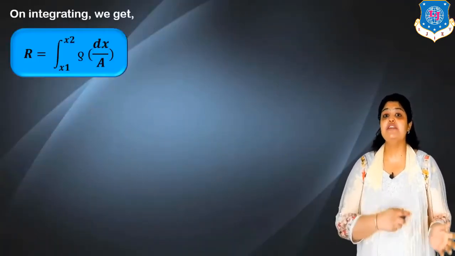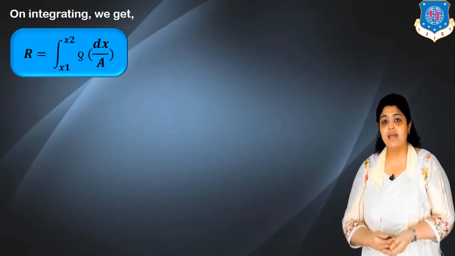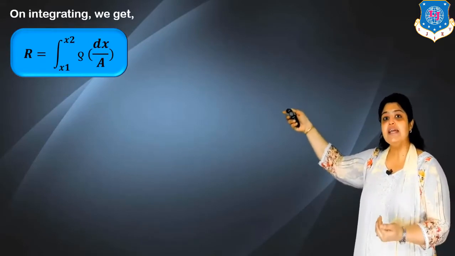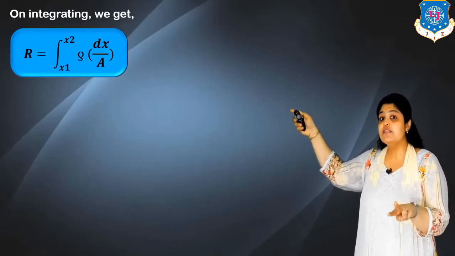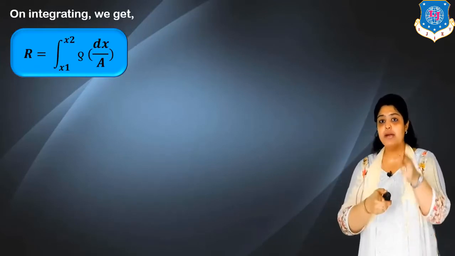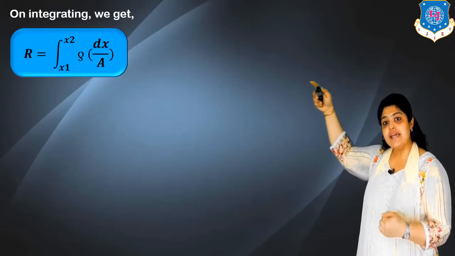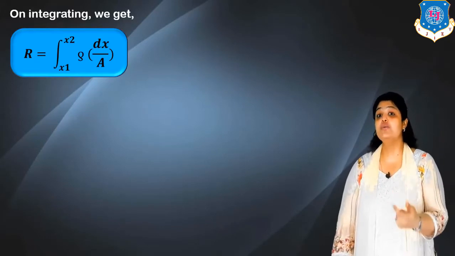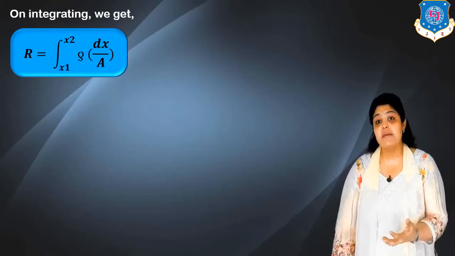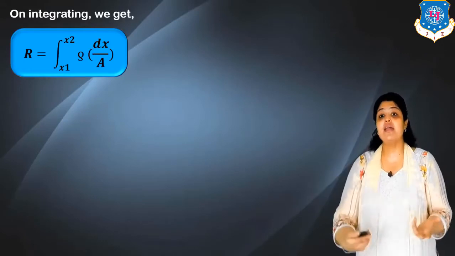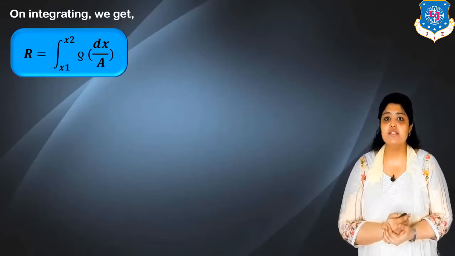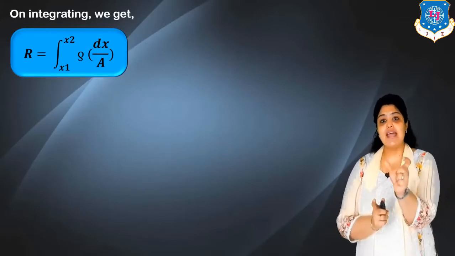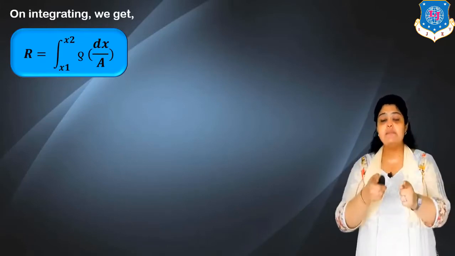So we had defined differential resistance dR as rho dx by A. Now if I want to find out R from dR, I will have to integrate. So on integrating, we have R equals, the limits were x1 to x2 because they denote the probe number 2 and 3. So R equals integration x1 to x2 rho dx by A. In this equation, we have A, which denotes area. What is the area of a hemisphere? Because the current spreads in a hemispherical manner. Area of a sphere is 4 pi r square and area of a hemisphere is 2 pi x square. We will say x square because x is the distance we have considered while measuring the voltage.